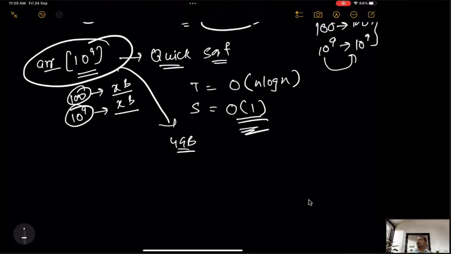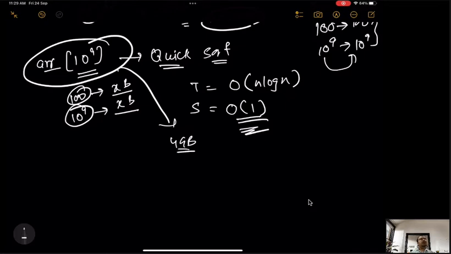If I am doing one after the other, then I can reuse temp. Whereas if I am doing it simultaneously and passing those numbers which are popped in one go, then I have to store all the numbers. So if I have to pop n numbers, what will the space complexity be? I have to store n numbers, and for storing n numbers I need an array of size n, so the space complexity will become big O of n. Okay, so this is space complexity.